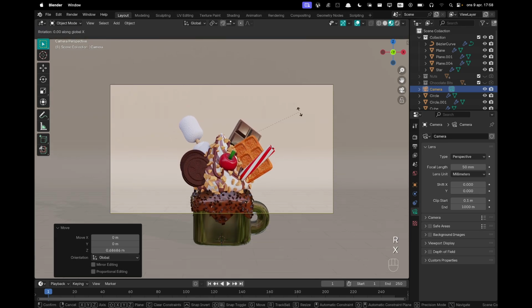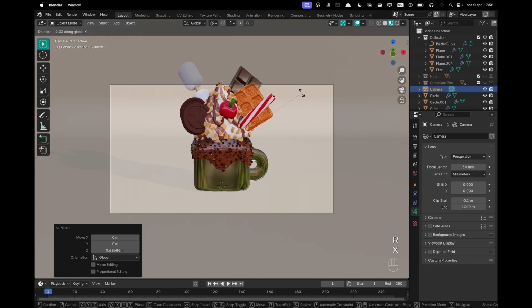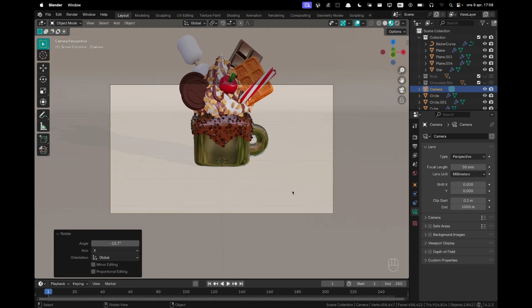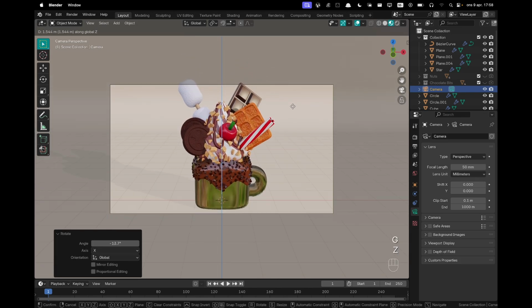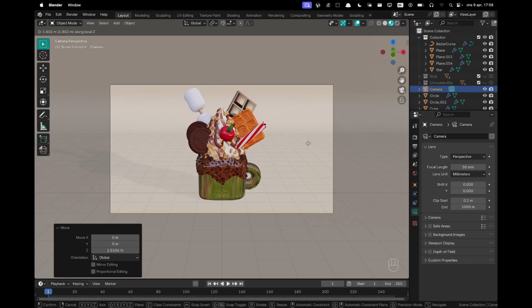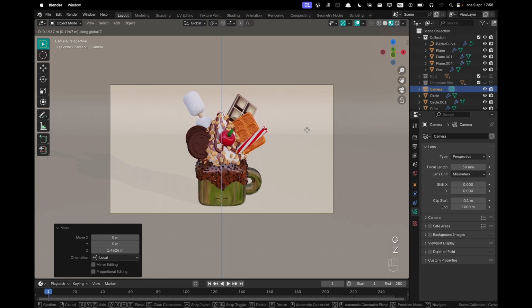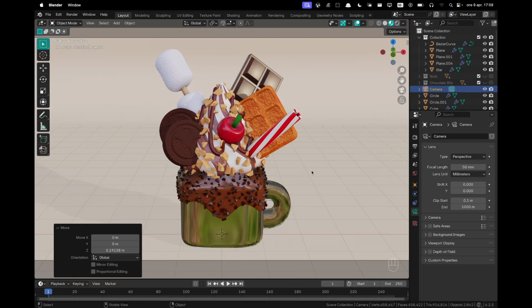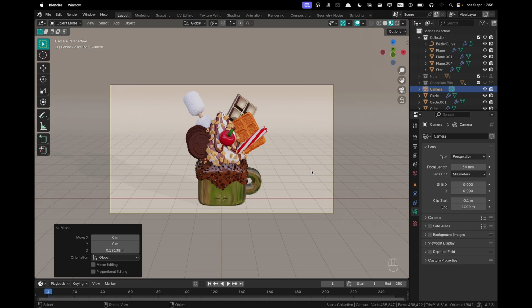And then press R, X. Kind of give it a downwards angle. Move it up again. Just press G and Z twice, just until we have an angle that we're satisfied with. And I think this is it. Yes. So now we can select everything